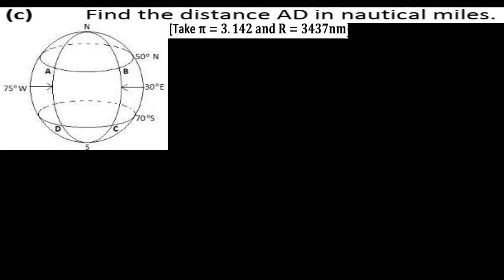So our next question simply reads, find the distance of AD in nautical miles. So distance AD, as you can see, A is on this point, then D is on this point. Now to find the distance of AD in this case, how do you find the distance? As you can see, points A and D lie on the same longitude, meaning that we are finding the distance along a longitude. So to find the distance, you simply use the formula distance is equal to